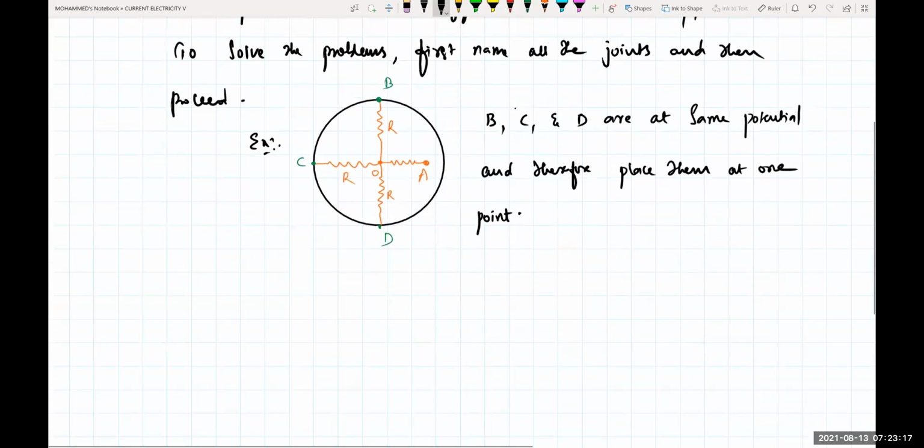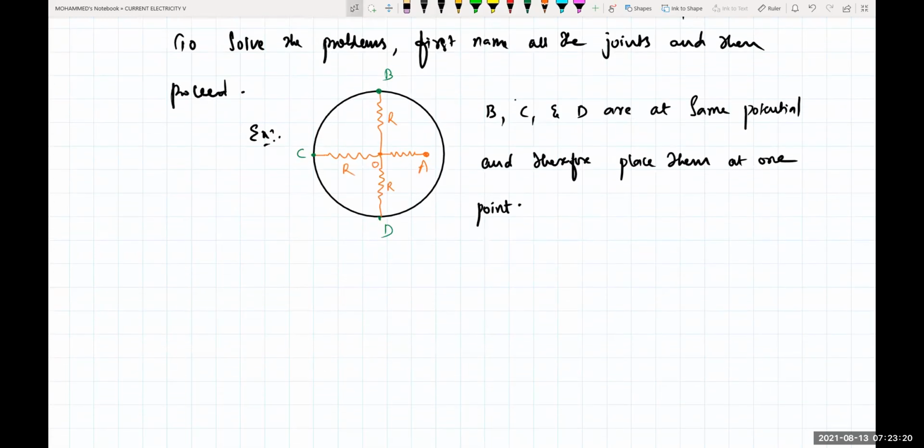Okay, so I'll try to keep all B, C, and D at one single point. So what I can do, I can take one single point here. So this is a point of B, this is C, and this is D. So E points here all the way, I'm connecting all of them. This is one resistance here, this is one, and this is one, like this. Clear? This is your R, this is your R, and this is your R. This is your point O. Into this one, there is one resistance here. This is your point E. This is your R. Got it?